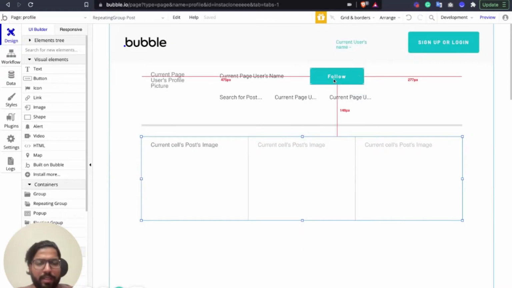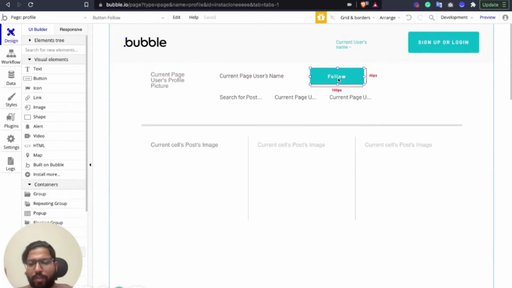Right? And now we're going to set two workflows. When the current page user is different from the current user, the button should act as a follow, and if the current page user is the current user, it should act as an edit button.